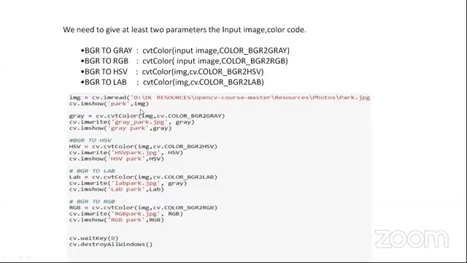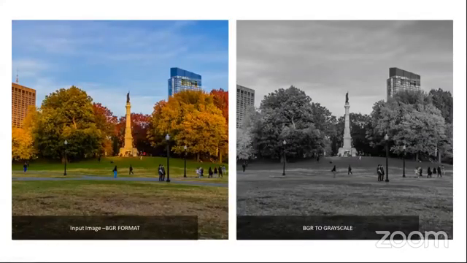I give the image which I have read, and I give the flag also. Here I use the imwrite function to save the image in my working directory, and the imshow function to output the image. Here I have converted it to different formats: HSV format, RGB format. We will see it. This is BGR format.